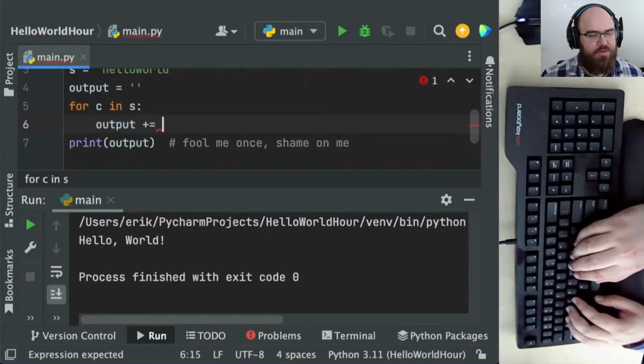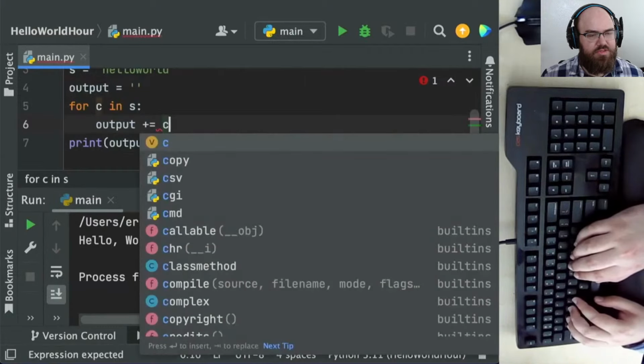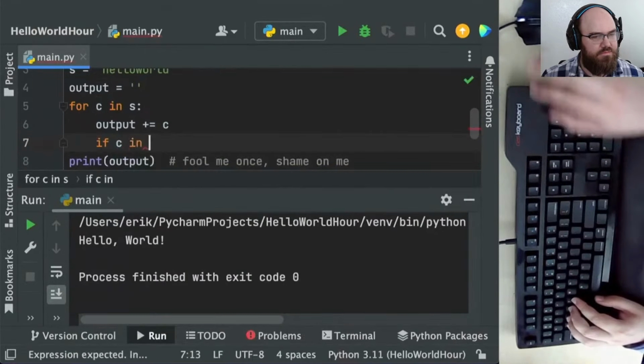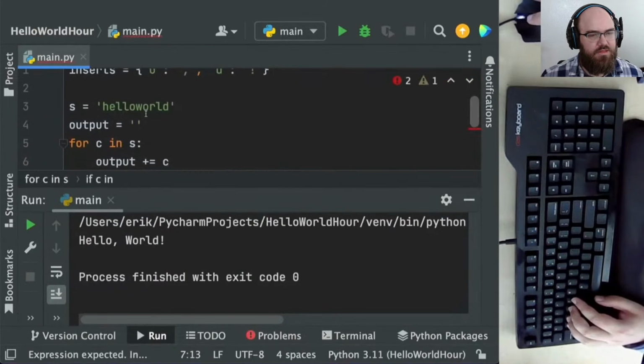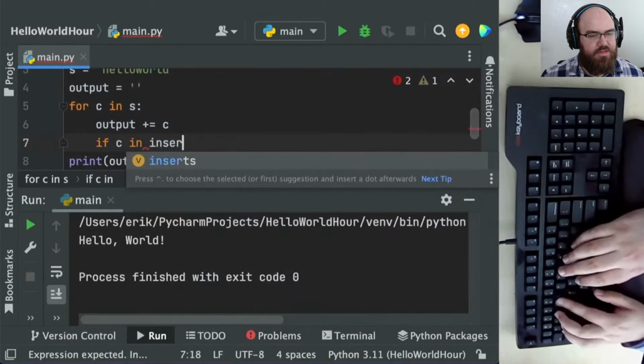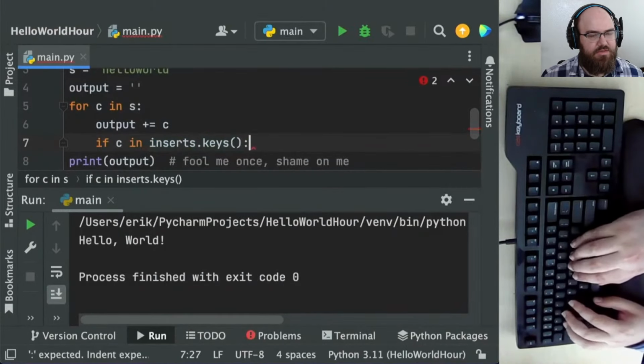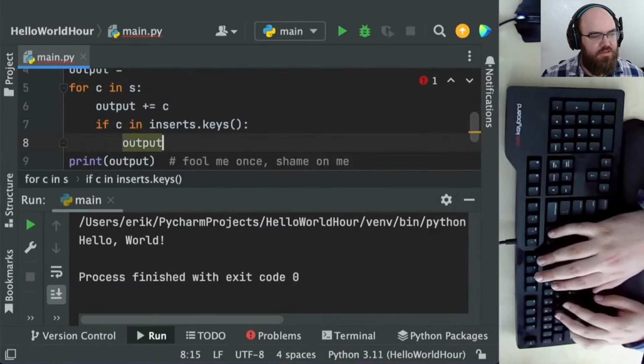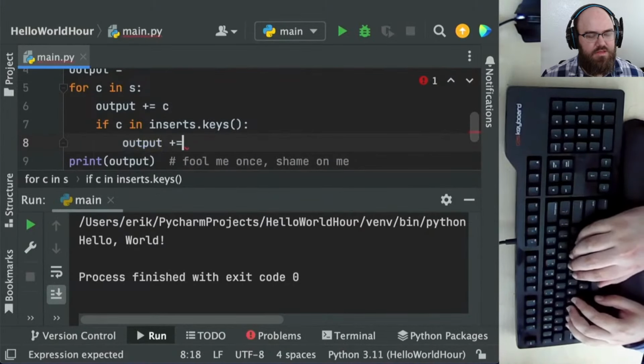Now we take the output and we add, we're just adding the character, right? And I called the dictionary inserts, so we check if C is in inserts.keys. And then we take the output and we add to it,